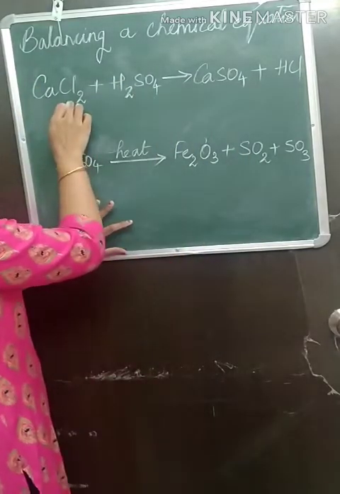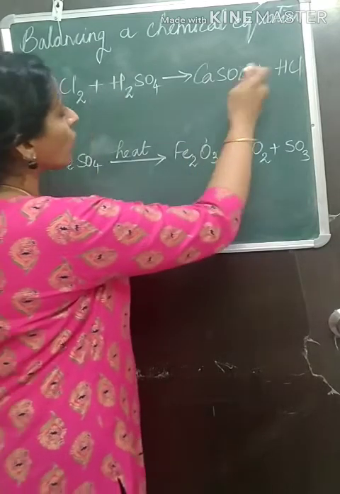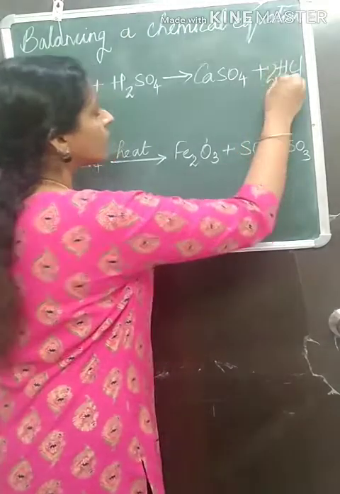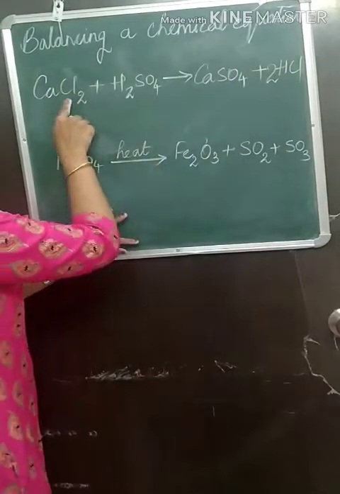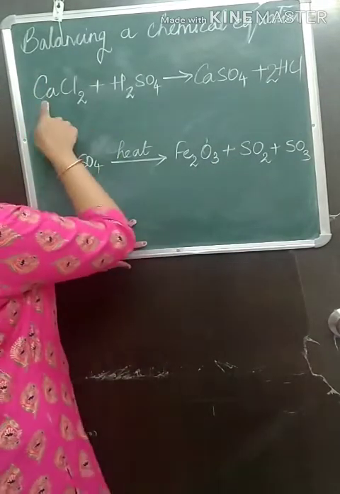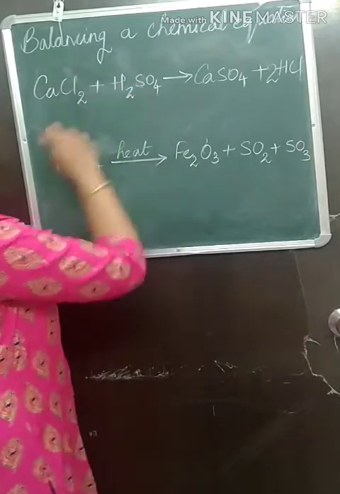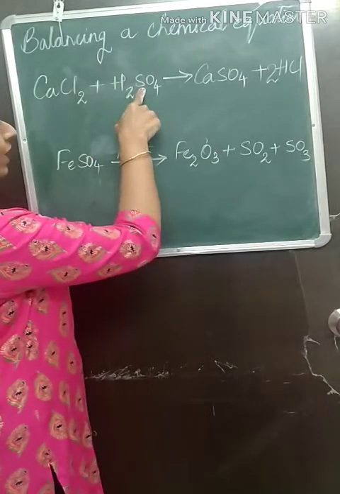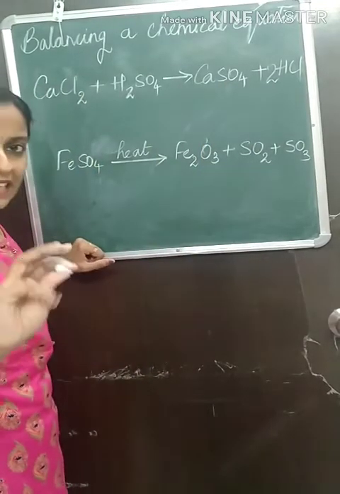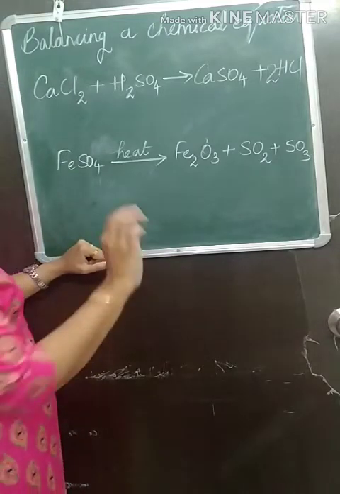I will take chlorine. So here we have 2 atoms of chlorine and on the product side we have only 1 atom of chlorine. So I will put a 2 here. Now again let us see chlorine 2, chlorine 2. Again go to metal part, Ca, Ca. Okay, fine. Then another non-metal present is sulfur. Sulfur here you have one atom, on the product side also one atom. So metal done, non-metals done, then we will go on to oxygen.